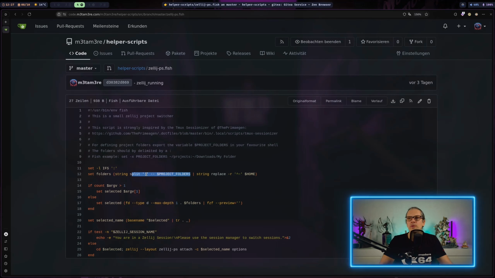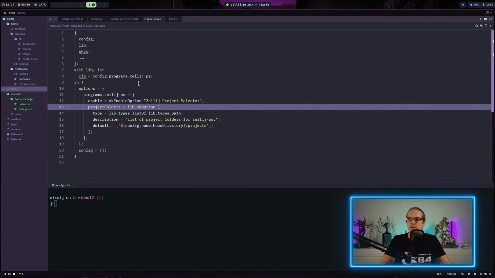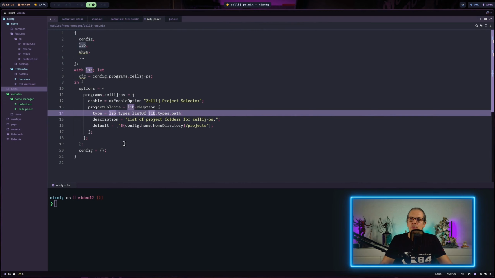And that's also something we, of course, need to represent in our home manager module here. So we tell Nix to create an option here, and we also define the type of the option. And the type for the option is basically a list of paths. And that basically makes it all more precise in the end.